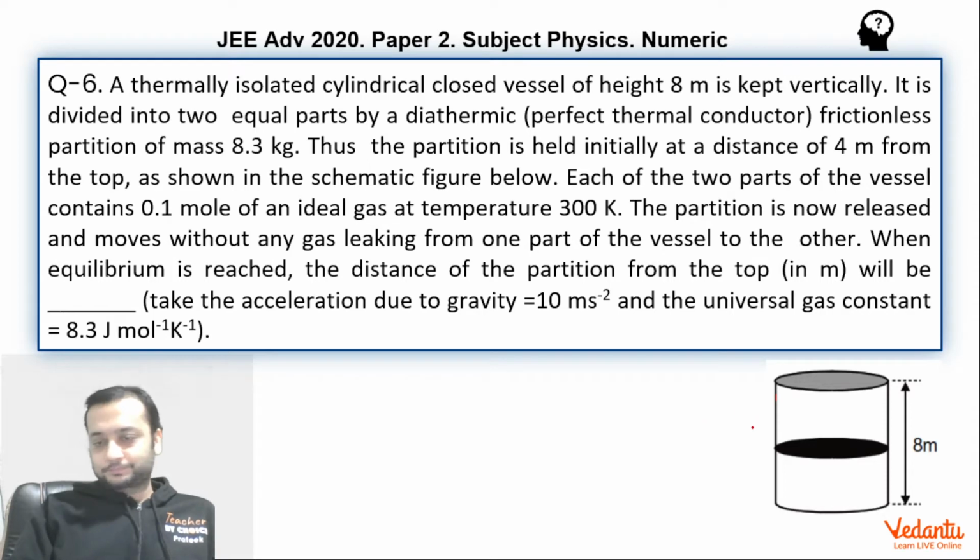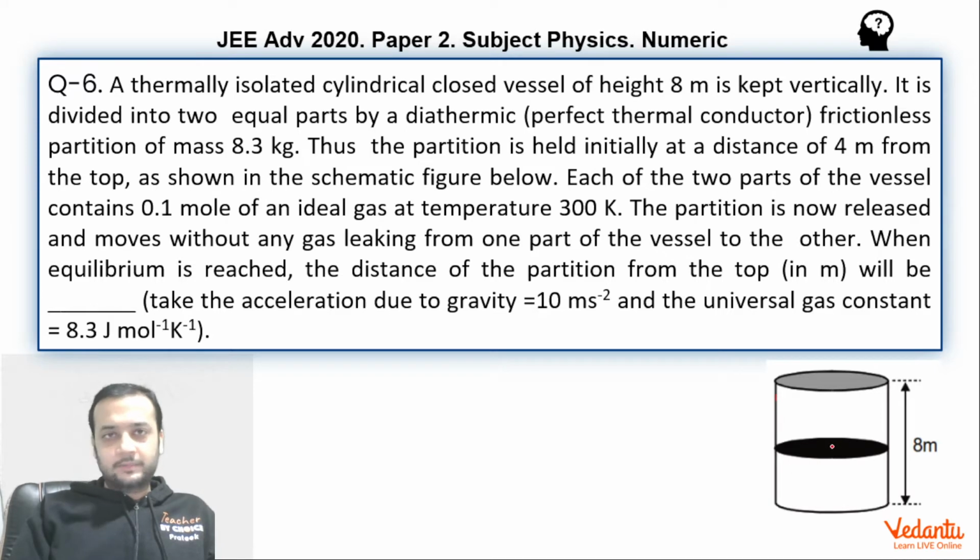First of all, IIT gave the answer 6 in the first case, as I told you. So let us see how we can get answer 6. In my opinion, IIT neglected the work done by gravity. We have to think carefully over here. As we release the system, eventually it is going to go down because of gravity. So gravity is going to do some work, but in my opinion IIT neglected or forgot that work, and we got the answer 6. So let's see how we get answer 6.